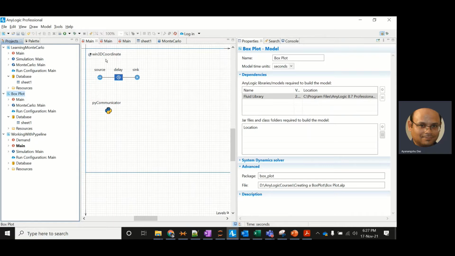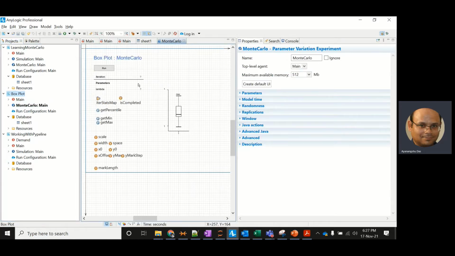The first one that I'm going to put forth is the Monte Carlo experiment. In Monte Carlo, I was able to generate data over multiple iterations and then put those data into a box plot.